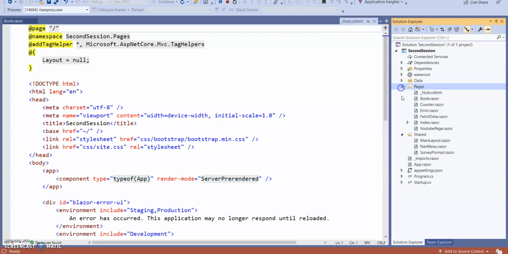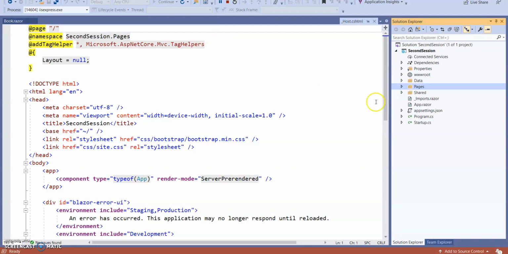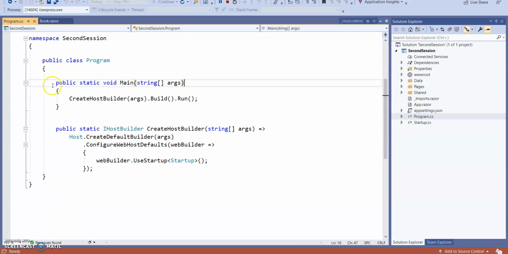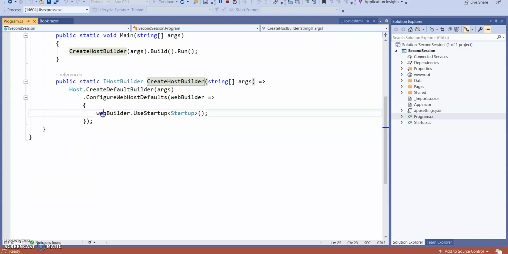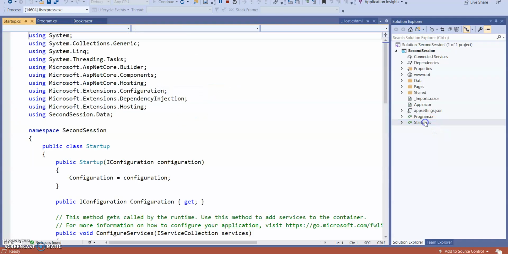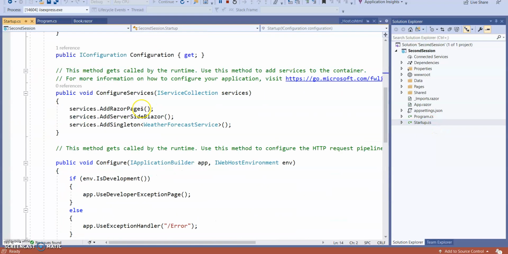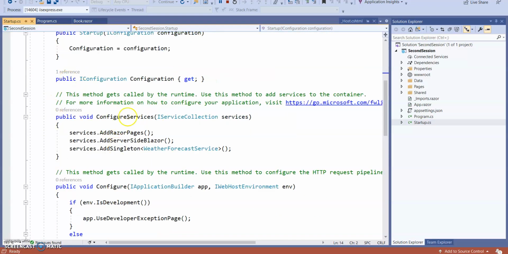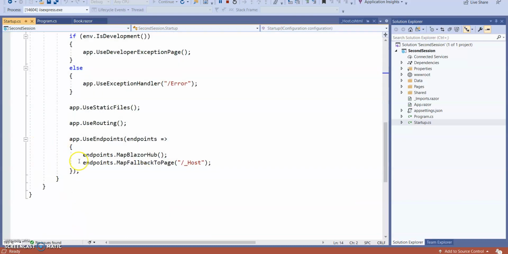As in all .NET programs, our Blazor program also has a Program.cs file, and it contains the Main method, meaning a .NET program runs with the Main method first. In the Main method you can see it is calling CreateHostBuilder. Using the host builder, it is calling webBuilder.UseStartup. Startup means you can see Startup.cs. You can find lots of configuration here. We will see them one by one in later videos. So for today, check app.UseRouting and app.UseEndpoints.